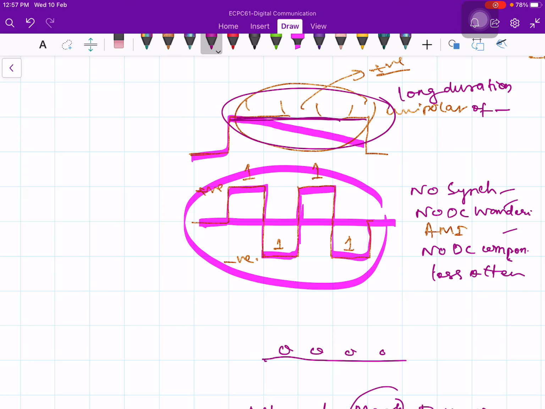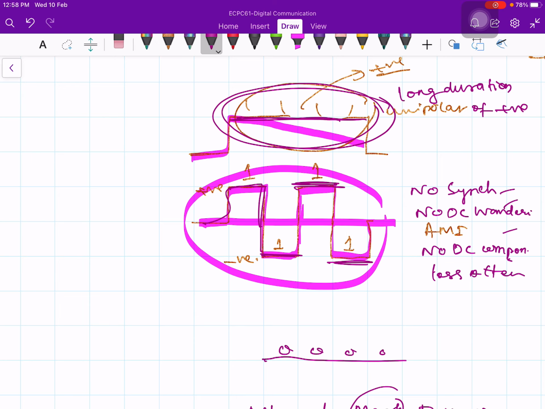Duration of positive voltage. So this long duration of positive voltage is a problem for us. Now that long duration of positive voltage is broken into positive voltage, negative voltage, positive voltage, negative voltage, like that. So this long duration of positive voltage and negative voltage we really wanted to avoid. That is, we want to avoid the long duration of positive voltages. So which you can avoid by doing this like this.